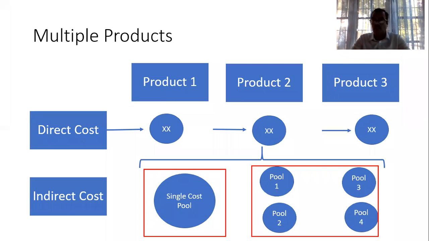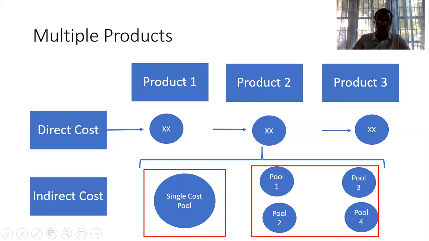Dealing with direct cost is not a big deal, because it becomes direct as long as it can be traced to each product. So it is easy. Therefore, our main task within cost assignment is indirect cost. How are we going to assign indirect cost